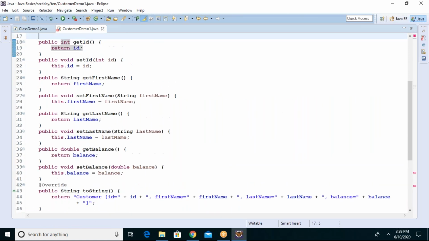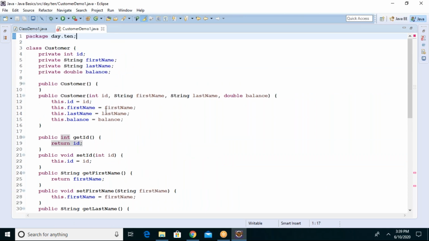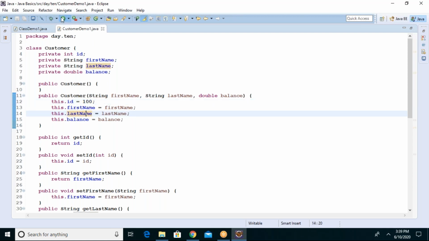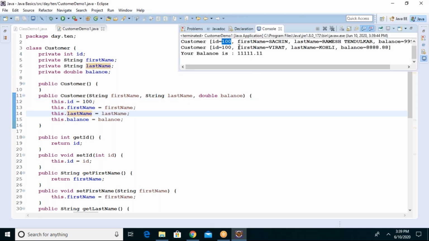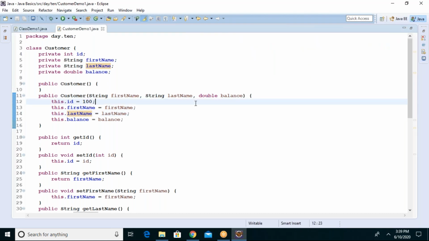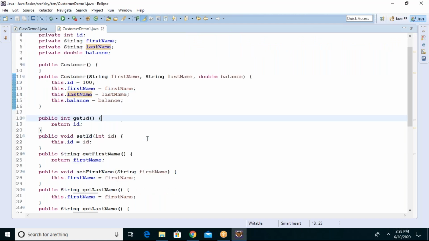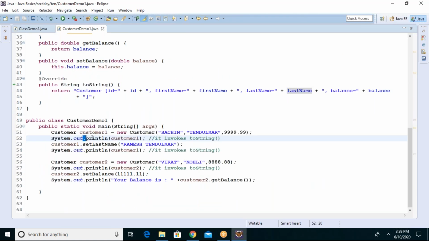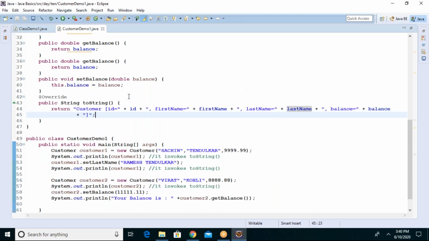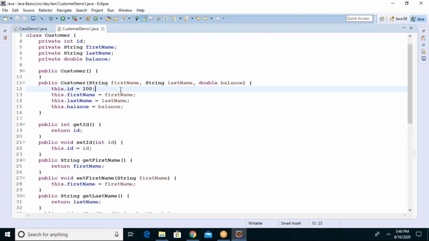But can anybody tell me how is it possible? When you create an object, it is always taking this ID. Remove this also in the constructor. In the constructor, no ID. So will you give 100 here then? If you give 100, every object will contain 100. See, 100, 100, guys. Because you gave 100, every object will consist of the same value. But I want 100 in the first object, 101 in the second object. Can anybody tell me how to do that?